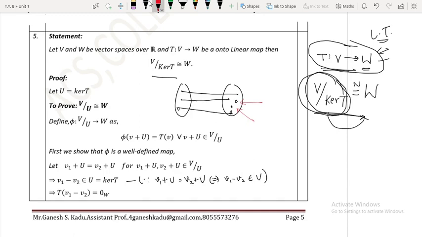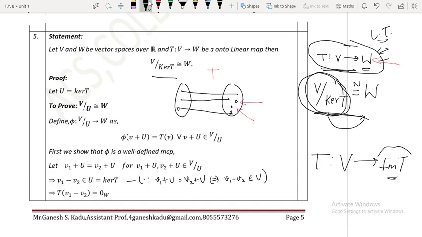So how can we convert it into onto? These two problematic elements have to be removed. Okay, then we can make this function onto. This is T, let us say. Okay, so the same thing we have to do here. If it is not onto, we can convert it into onto. So what I will do is remove the elements of the codomain which do not have a pre-image. I write a symbol T from V to, now instead of W I will write what? Image of T. Now we have already learned what the image of T is.